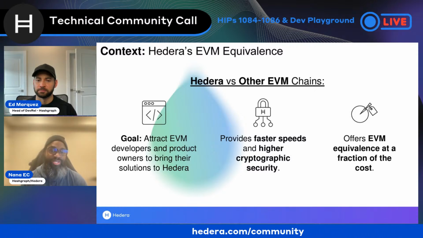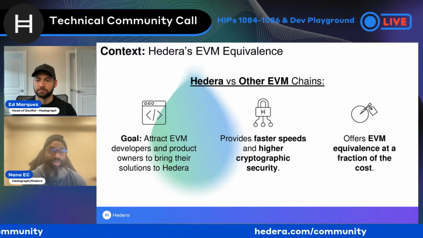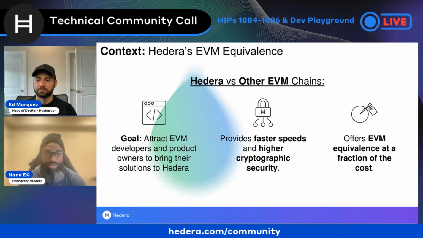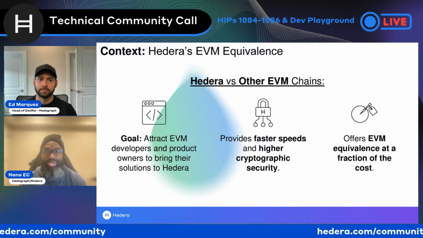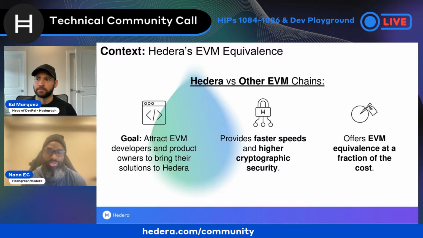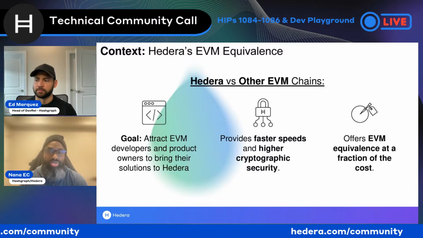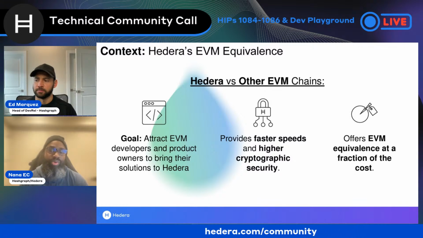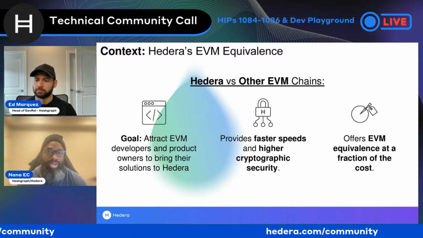If you had told me then that I could take those same contracts and deploy them to Hedera and that I would get finality in 1 to 3 seconds, and I wouldn't have to be looking for future blocks to see if this went through, or the fact that I could get all the results of my transaction within about 5 seconds, I would have jumped over in a heartbeat, right? But also not just jumped over. Right now we have multi-chain solutions, and so this is the goal here for EVM equivalence on Hedera: to offer builders another chain to which they can push their smart contracts and also bring their user base.